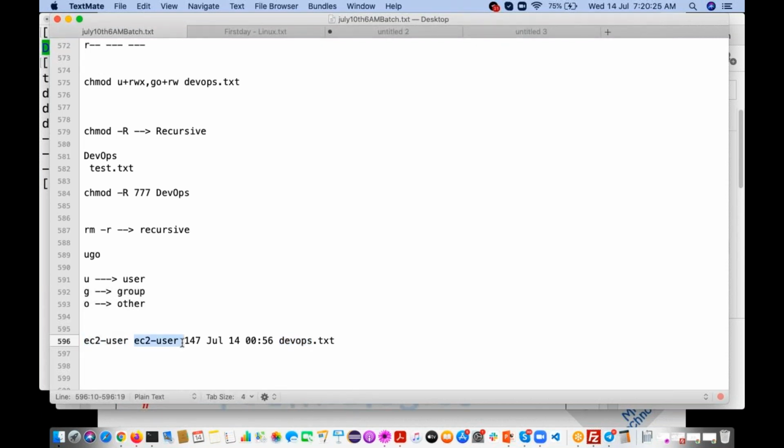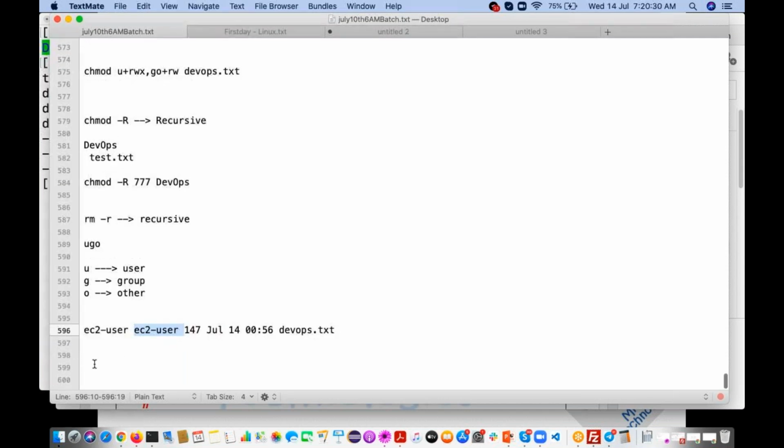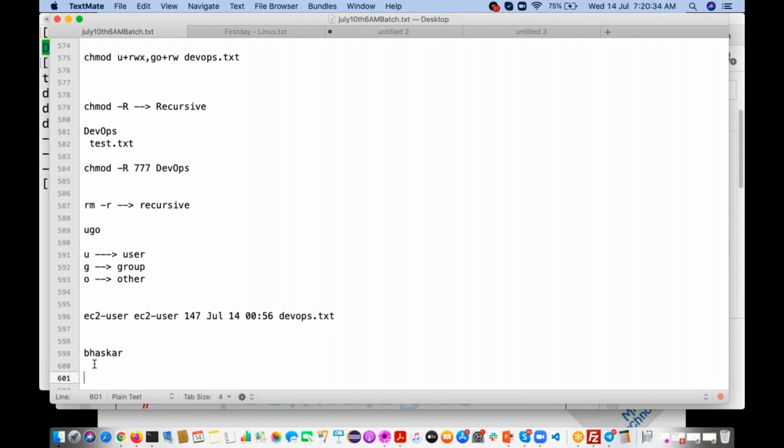So the group is also EC-user. By default, the username will become the group. Now I have one more user called Bhaskar in this particular Linux server. Bhaskar user does not belong to EC-user. So now Bhaskar user is others for this particular file. Whoever is other than user and group will become others to this particular file. Clear?